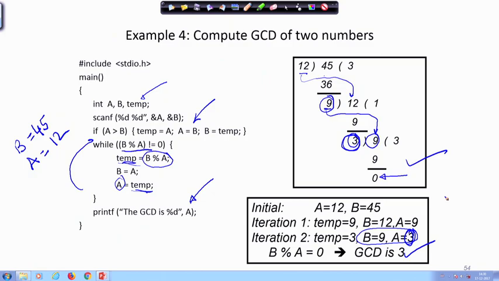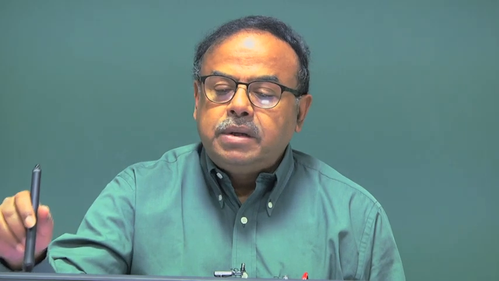There is another very interesting example of computing using this while loop, and repeatedly I am doing this till I find the remainder to be 0. So, there are many such nice examples, and we will give you some more for assignments, which you will have to solve and you will get more confidence about it. Okay. So, next we will come to some of the pitfalls of loops, and then move to something very useful, that is the concept of arrays. Okay. Thank you.